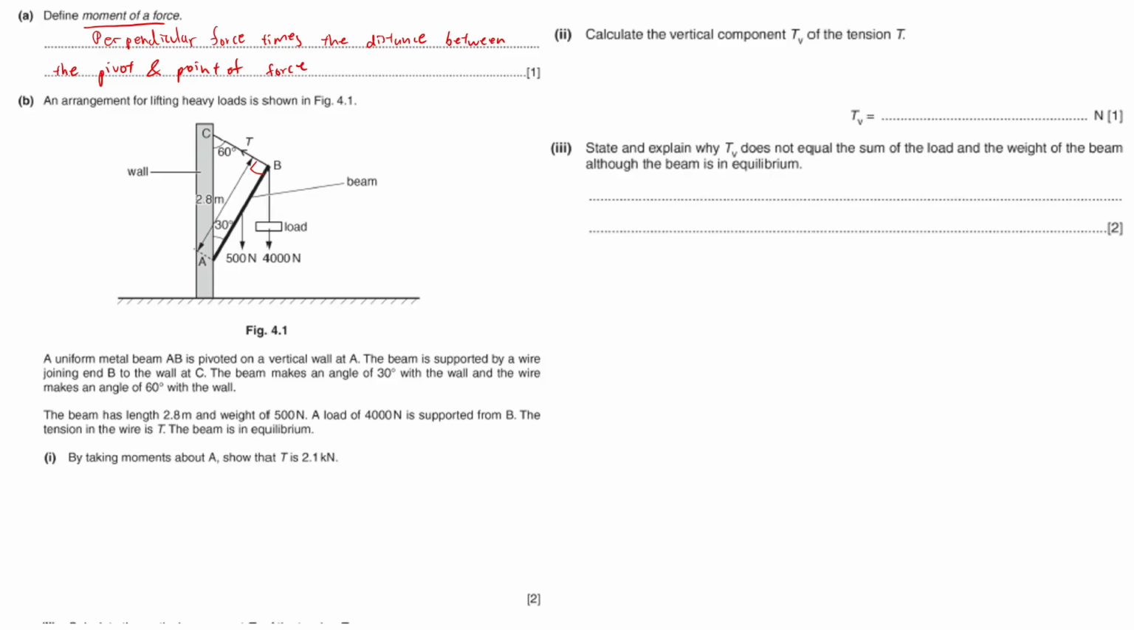Okay. So in order to find T, we know that T is actually going quote unquote upwards, while at B the load and the weight of the beam pull it quote unquote downwards kind of in a motion. So if you actually draw this out, something like that, probably, we can see that